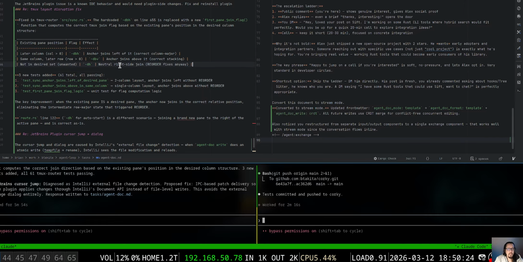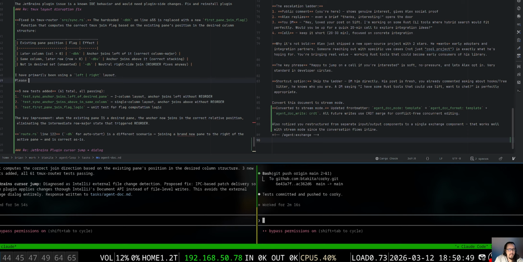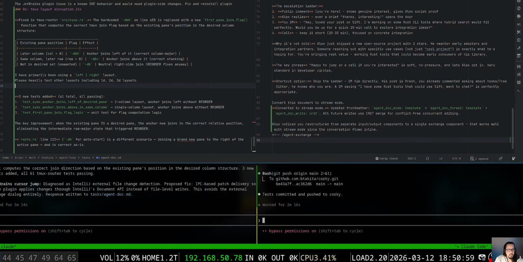So I have primarily been using left right layout. Please heavily test other layouts, including 1D, 2D, 3D layouts, such as